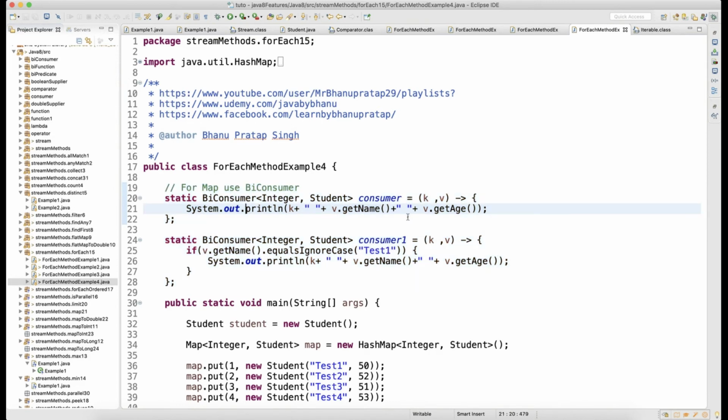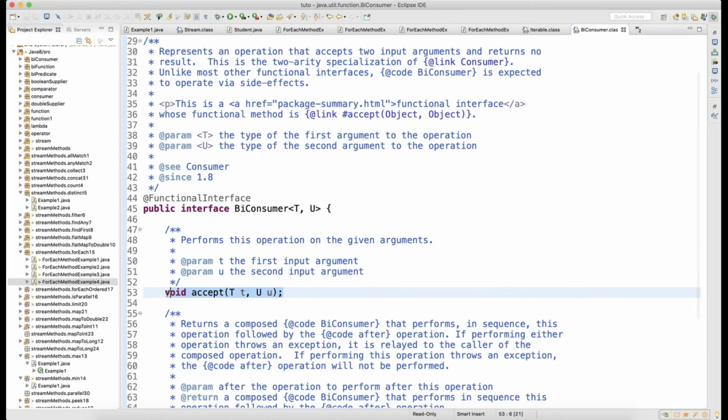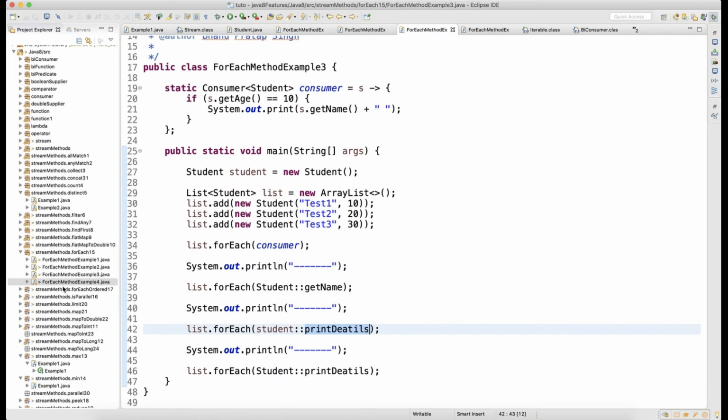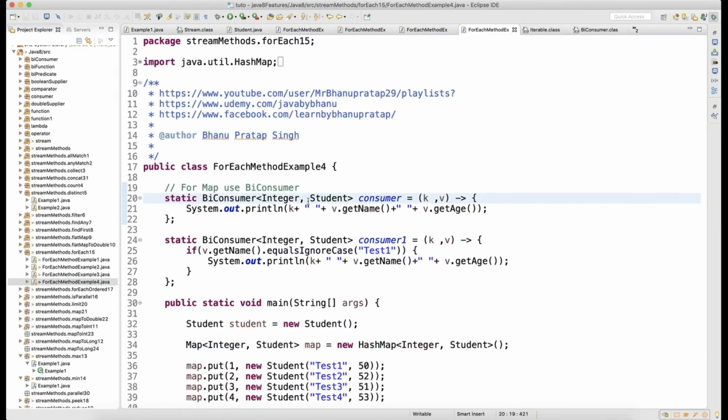So there is a BiConsumer. Okay, BiConsumer means, if you go inside the BiConsumer, there is a method called accept. So it will accept two objects and it will process your data. Okay, so assume that it's a map. So I have written that your key is going to be an integer and the value is the student object.